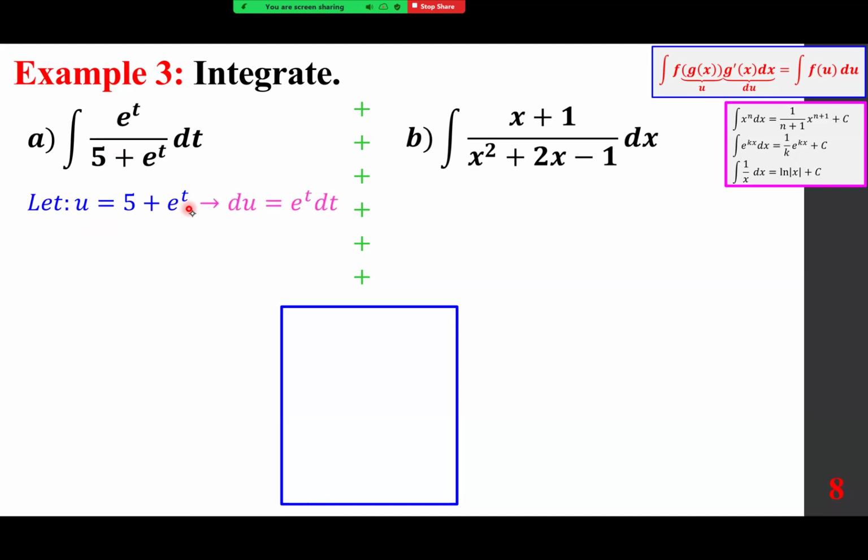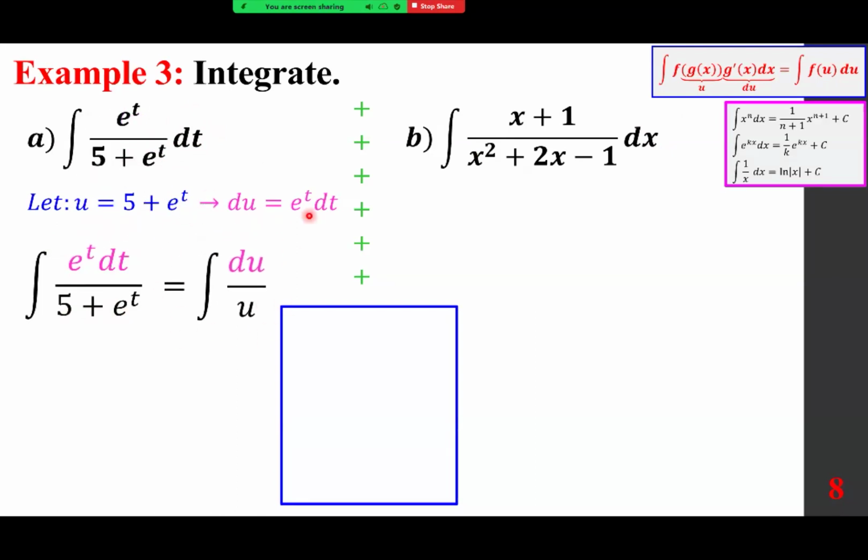Now, it is important for everybody to know dt, dx, it's always part of the numerator. It's never, ever a part of the denominator. So let's put it next to that. And the reason I do that, I want to make sure for everybody to see we have du in the numerator and u in the denominator. And so what we are looking at here